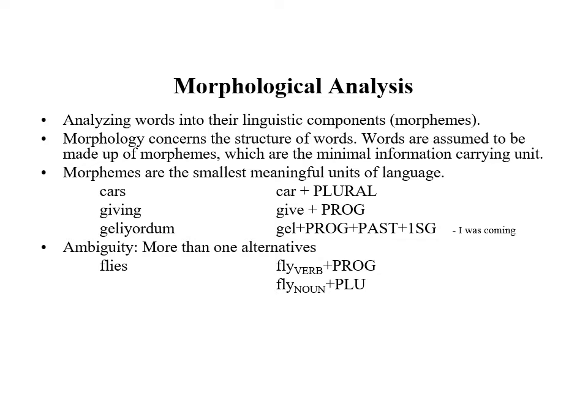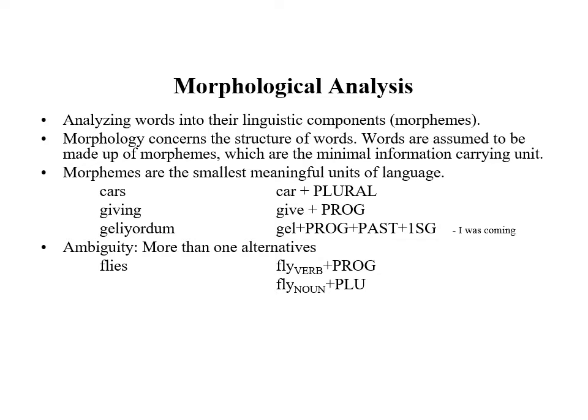Ambiguity also arises, as I have already told you in the previous class, in lexical analysis. It means one word having more than one meaning. One word can be used as a verb or the same word can be used as a noun. For example, can. Can be used as a noun. It means you have a can to contain something. And can is an auxiliary verb also, auxiliary or simple normal verb.